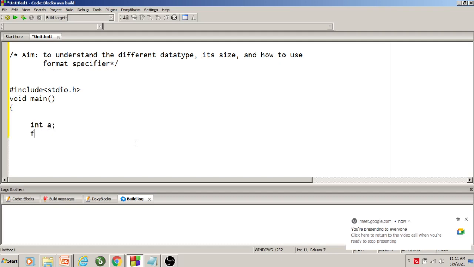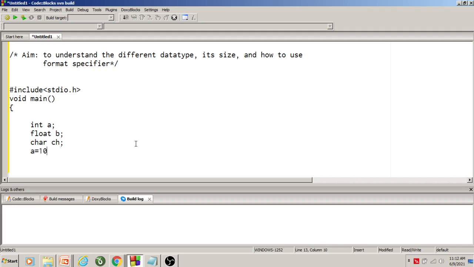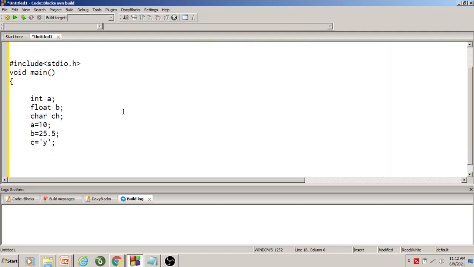Float, say b, char, say ch. Okay, so are you understanding? So a equal to 10, I store 10, b equal to say 25.5, c equal to say y I will store, right? So next I printf